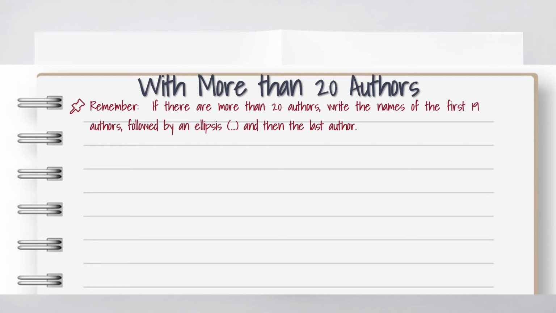This is how you're going to write an ellipsis. It's like periods in a row. And then you're just going to write the last name of the author. Again, if there are more than 20 authors, all you need to do is write the first 19 names of the authors, then follow it with an ellipsis, and then just write the last name of the author. For example,